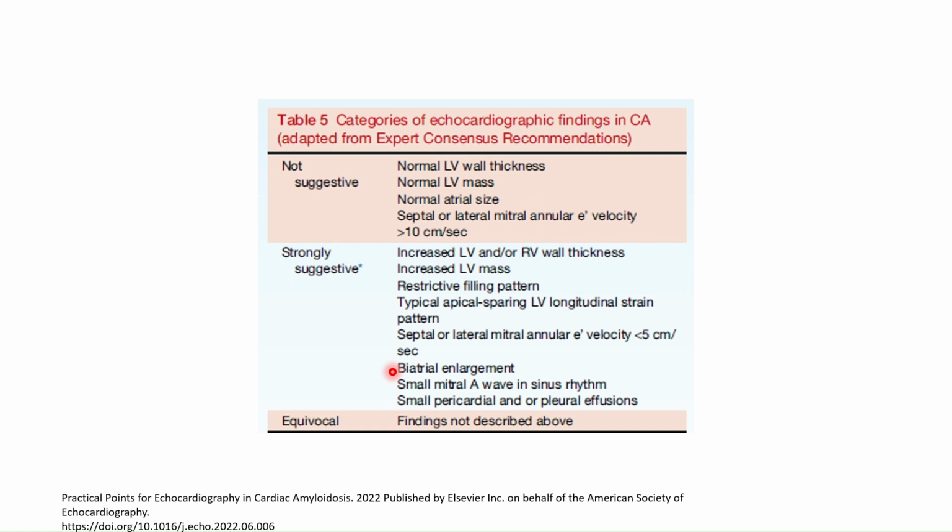So a normal wall thickness, a normal LV mass, normal atrial size, and a very good septal or lateral mitral tissue velocity go against the possibility of cardiac amyloidosis, whereas the other features that we've just discussed, if you find these, are